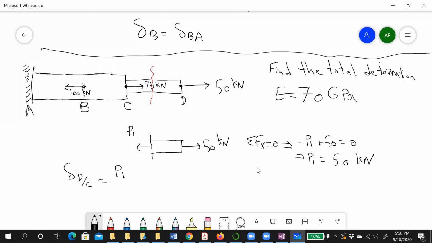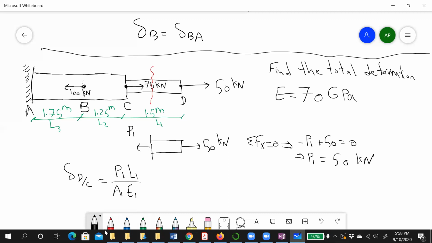P1. Oh, I forgot to write the dimensions. Let me draw the dimensions for the segments. This is 1.5 meter, this is 1.25 meter, and between A and B, 1.75 meter, right? Let's set this as L1, this is L2, this is L3, right? For DC: P1, L1,